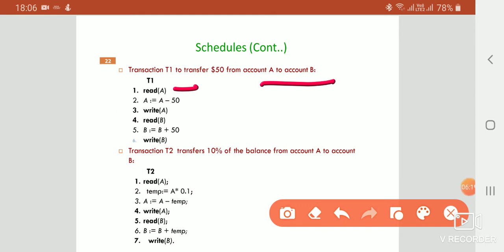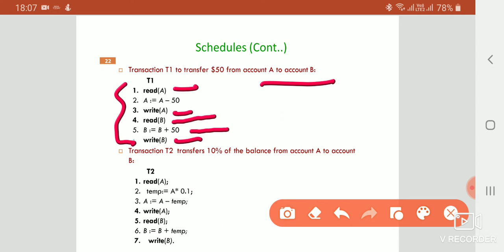Read of A, then A is equal to A minus 50, reducing $50 from its account, and write of A, updating on the buffer initially. Then at a later stage, we open B's account and increase B's account by $50, then write B on the buffer. So these are the instructions to transfer $50 from account A to B.